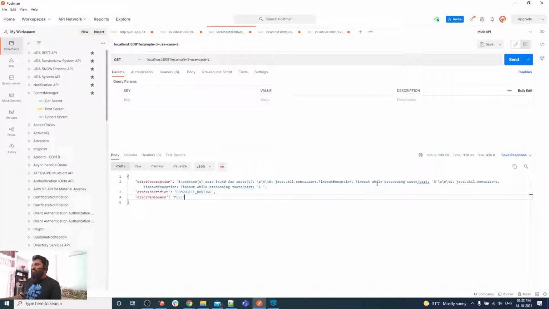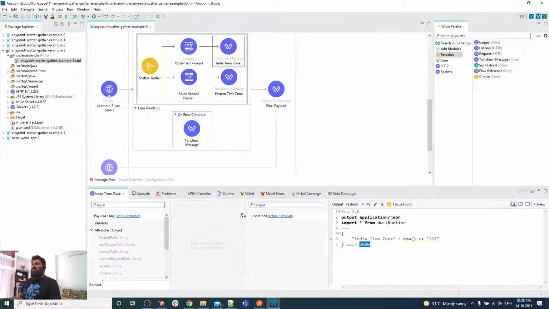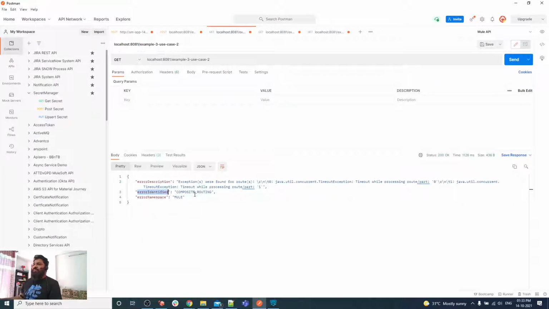Route 0 is taking time here. While timeout processing route 0 part 0, ultimately the error namespace and error identifier is a composite routing, because MULE:TIMEOUT is an error thrown by scatter gather, but the parent error of MULE:TIMEOUT is a composite one for the scatter gather.